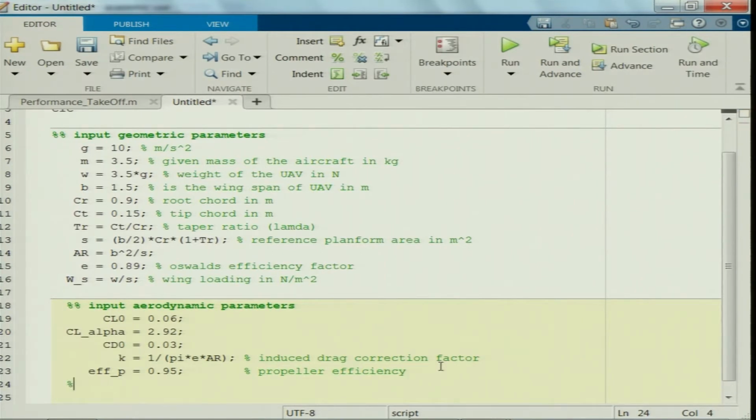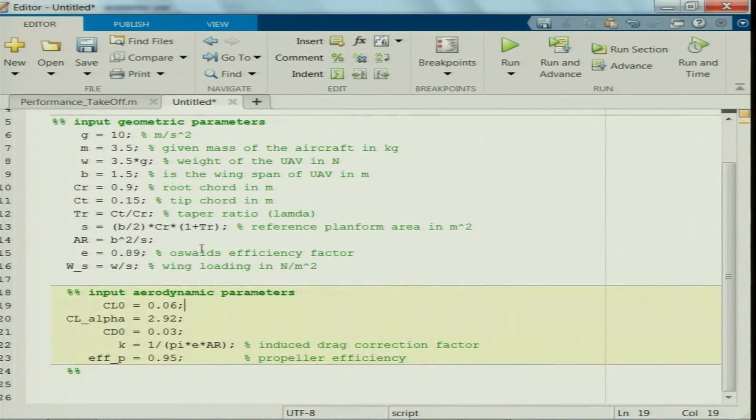Apart from that, we also considered the aerodynamic data, with CL naught as 0.06 and CL alpha of this delta wing UAV as 2.992, close to 3 per radian. CD naught is 0.03, and the induced drag correction factor can be calculated using this expression.